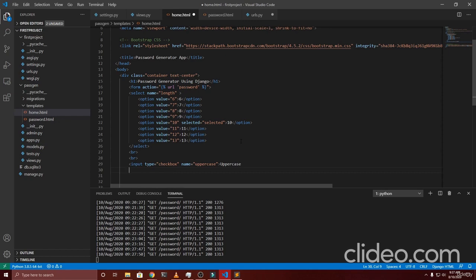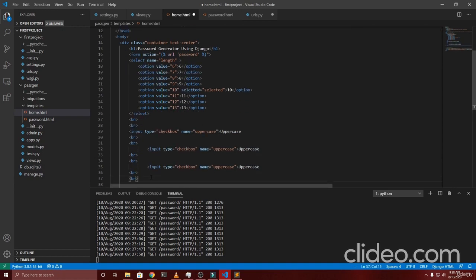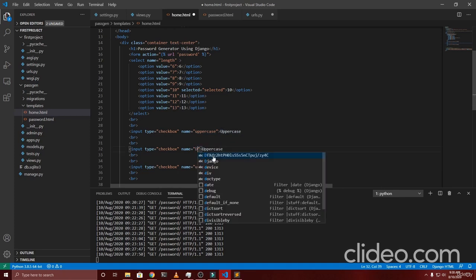So we'll do BR, just copy these two BRs and paste them inside here. And after that we are going to be copying this part from till here, and I'm going to be pasting it 2 times, because we also need the input for the digits as well as the special symbols. We can easily do it by just changing the name inside here. So we will do it as digits